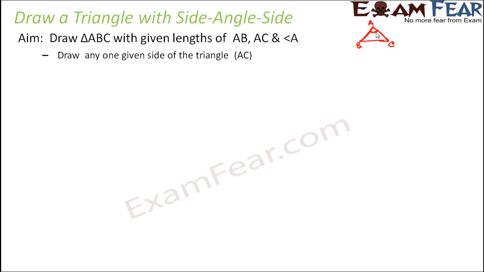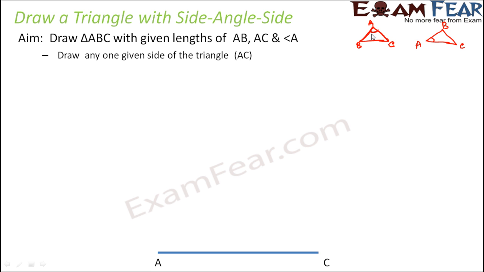In this case, our approach would be something like this. Draw any one given side of the triangle. You can draw any one of the given sides. Which are the given sides? AB and AC. So you either draw AB or you draw AC. In this case, we have drawn AC. Now you might ask why didn't we draw BC first? That's because we do not know the length of BC. So we are just reversing the triangle and drawing it somewhat like this, where this point is A, this point is B and this point is C, and A is known to us. I have just rotated the triangle, that's all.